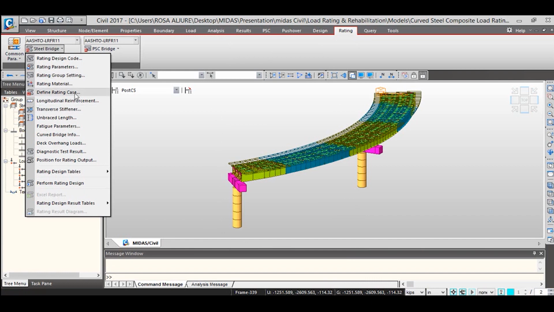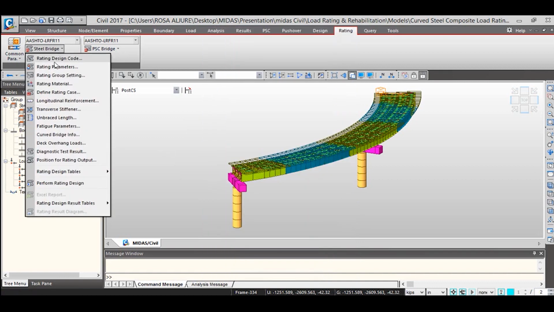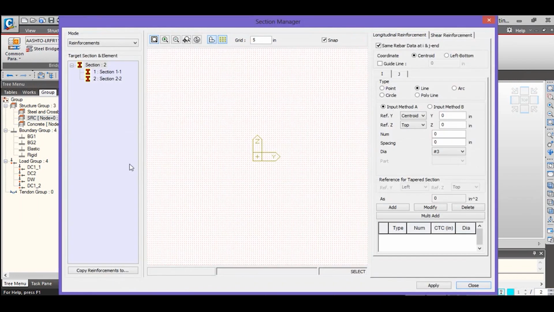If you want to define another type of rating, let's do a strength limit state, and let me just define the strength limit state. Use the combinations for the strength limit states. Here we have both of them. Let me just close it here.